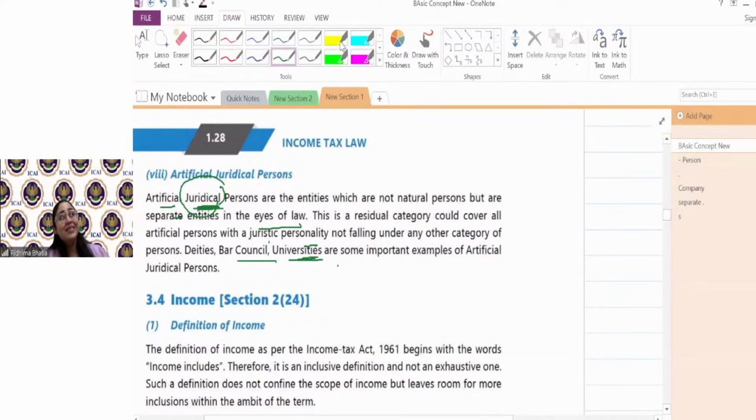Joint venture, you can say, is an AOP. Unregistered partnership को you will be terming it as an AOP only. Ritika, Dayabag and Mitrakshis, just for your understanding, you can give it a read. Usme there is nothing which you have to remember by heart, okay? Yes, ICAI is an artificial juridical person.